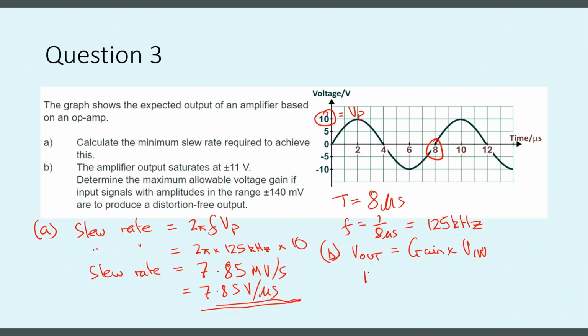We've got 11 volts, and we've got the gain, and that's got to be multiplied by up to 140 millivolts. That is volts. Let's make that a bit clearer. So the maximum allowed gain will be 11 over 140 millivolts. Watch out